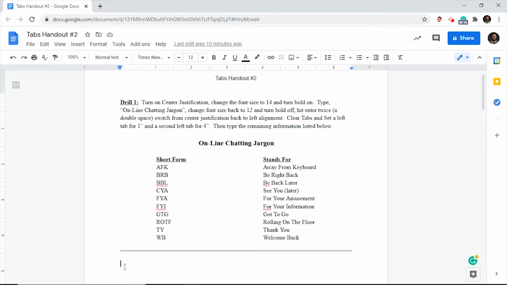All right, so on today's handout, Tabs Handout 2, there are two drills. Just like yesterday's handout, we're going to go through the directions and then I'll give you some pointers before I do that fast forward part. The first thing on the directions says turn on center justification, change the font size to 14, and turn bold on. So we're going to do that part together. We'll do center, change the font size to 14, turn on bold, and we'll type